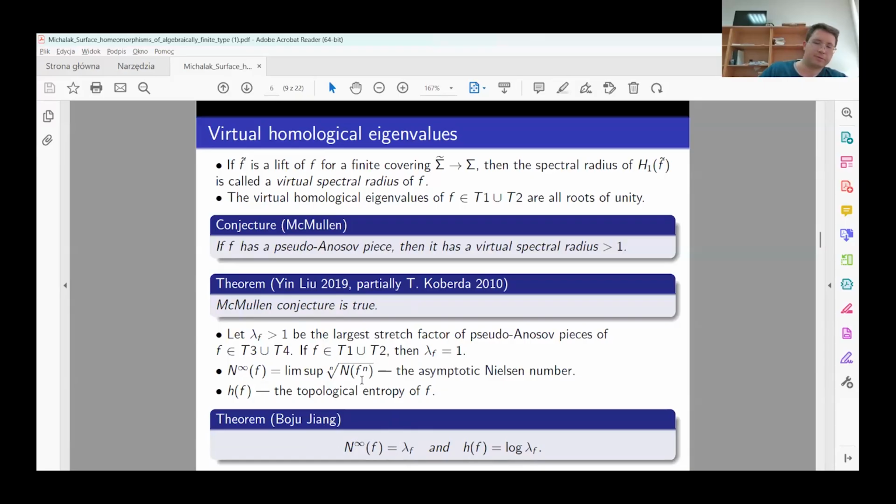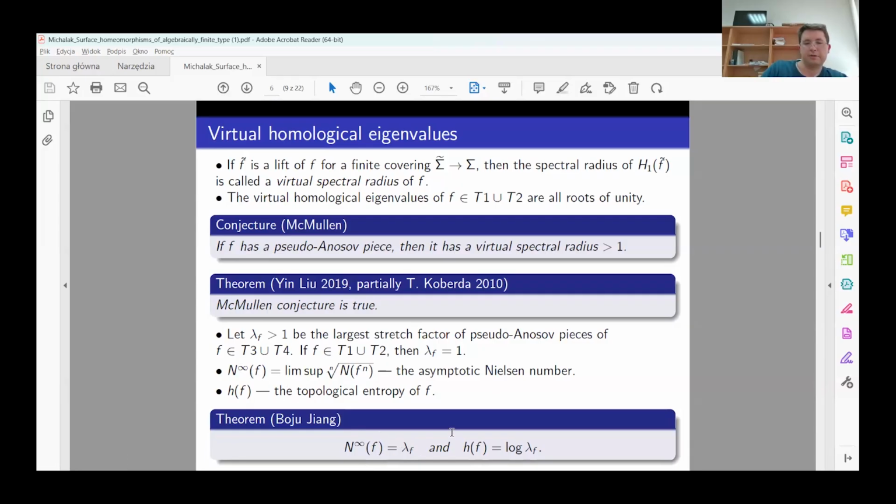So if someone knows what the Nielsen number of a map is, we take iterations of the map, the Nielsen number of each iteration, and the limit superior of the n-th root of these Nielsen numbers. Such an asymptotic Nielsen number is equal to lambda f, and